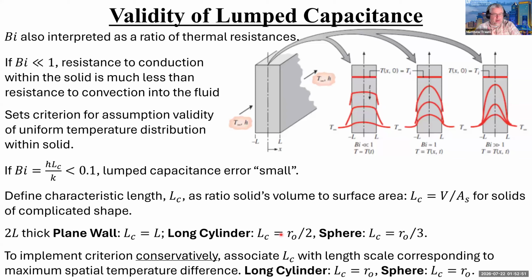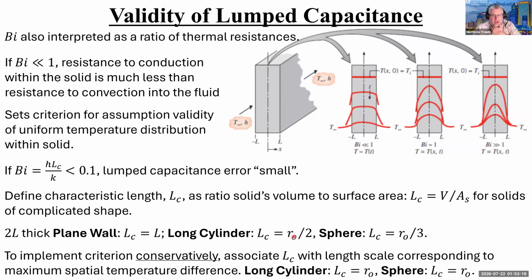The reason that I put this in here at all is, one, it's in the book, so I don't want to confuse you, and two, there are tables for Bi number and the relationship between Bi number and other numbers that we'll calculate later. And sometimes the tables are formulated, for cylinders and spheres, in terms of the radius, and sometimes they're formulated in terms of